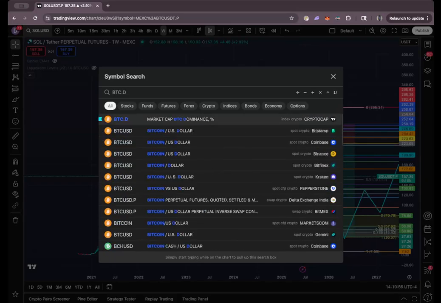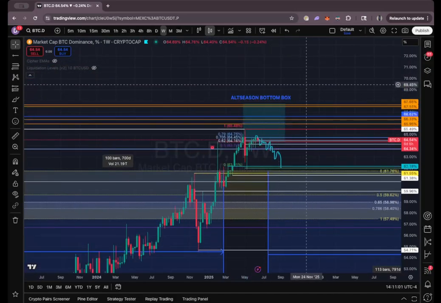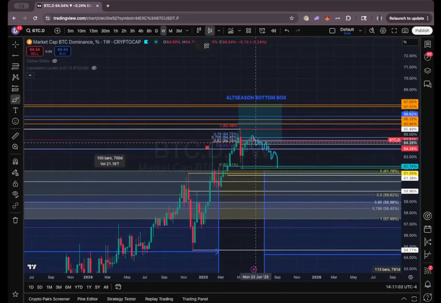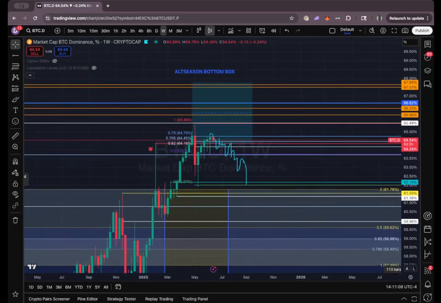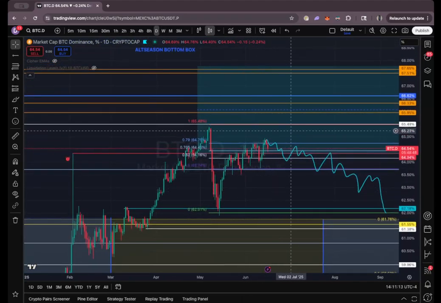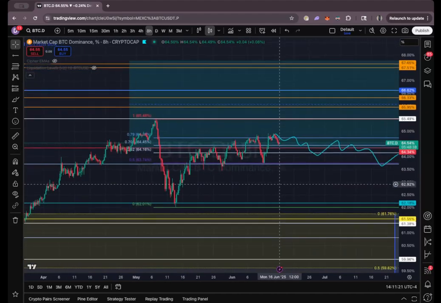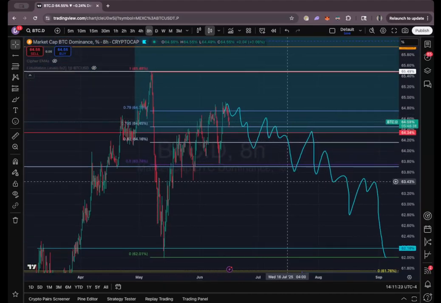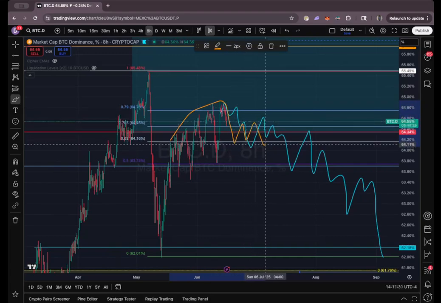BTC dominance. As I said before on my previous streams, we went into my altcoin season box. We've actually made closures below. We are still just a hair above the current range, so we could still do a little bit more of a dump and push. But what's funny is on the low time frame we're actually curling down, which is kind of hilarious because if we start to consider any sort of consolidation in this range, eventually what's going to